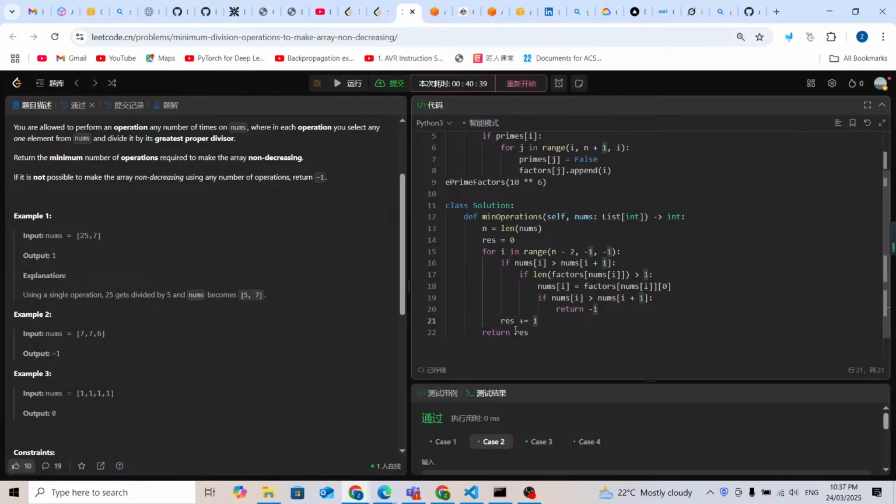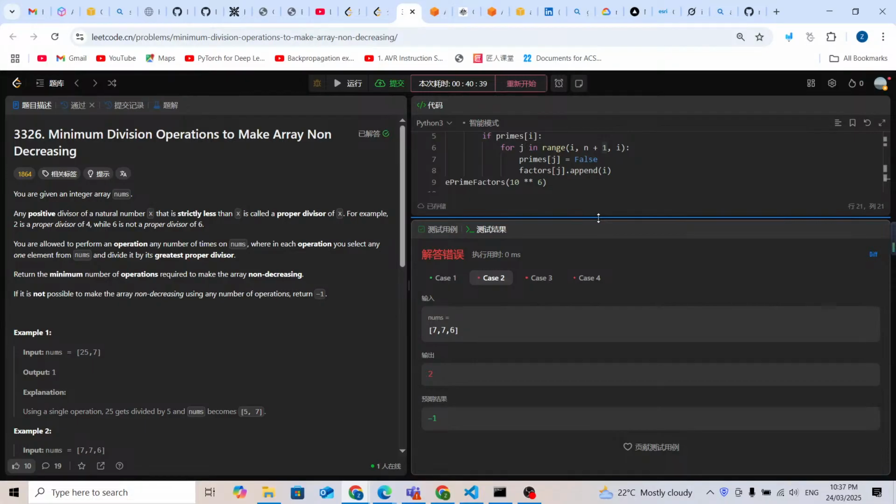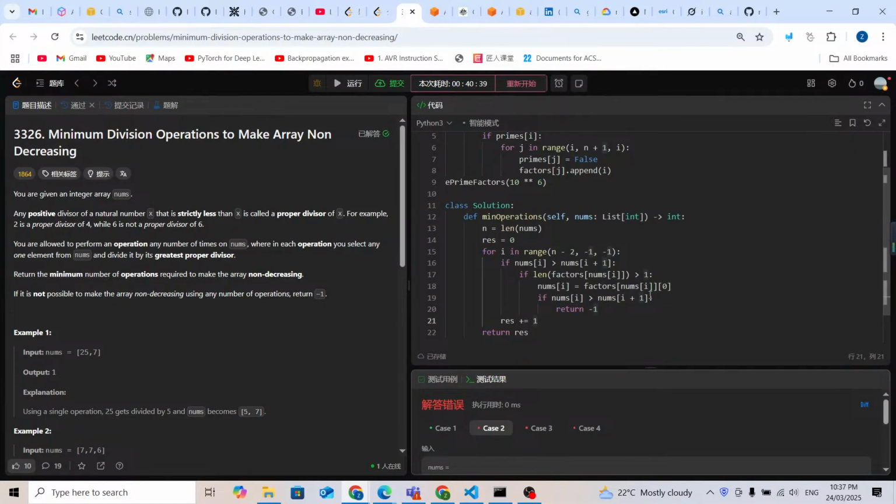If everything's okay, we're going to update the result. Let me just run it to have a basic check. It didn't work. It means something is wrong with my coding. Let me think about it. If nums I